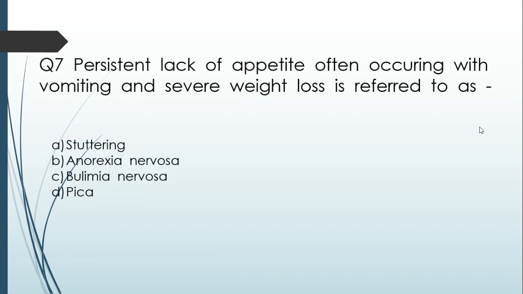The seventh question is persistent lack of appetite often occurring with vomiting and severe weight loss is referred to as option A stuttering, option B anorexia nervosa, and option C bulimia nervosa, and option D pica, and its answer is